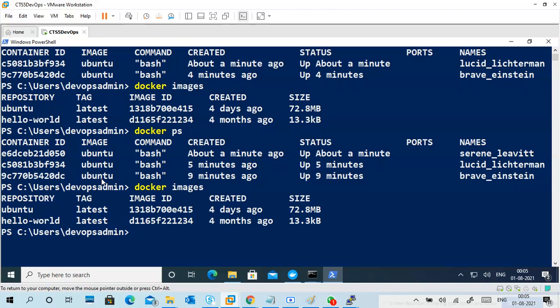Our main image is Ubuntu. So I created three containers on the same image, but the image size is not increasing, because the image is always fixed, so it won't increase. What is in the container stays in the container. If you delete the container, the data in the container is deleted automatically, but it won't affect your image.